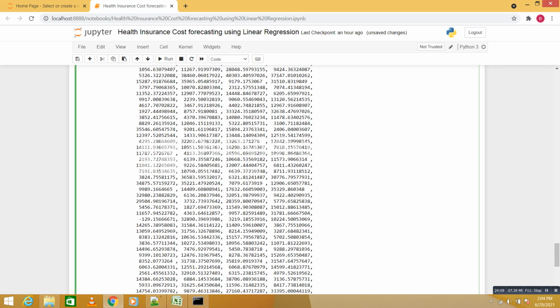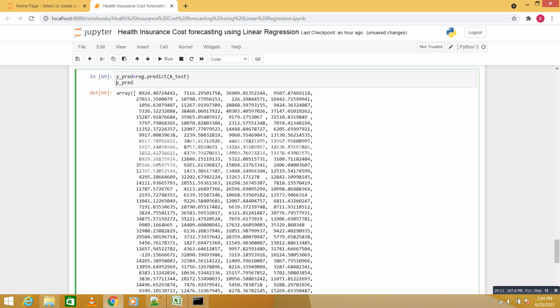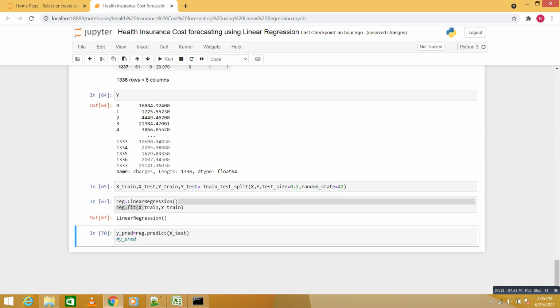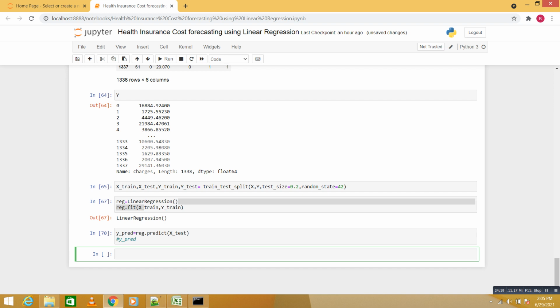A good technique is R square. For R square we are going to import the library. So we're going to check the R square first.